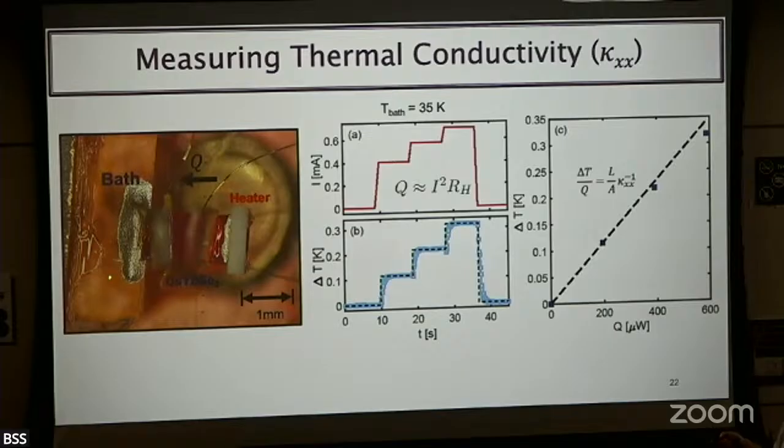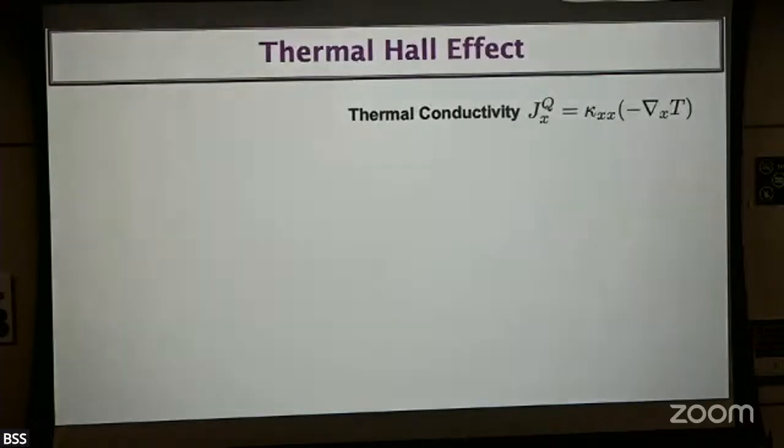Yes. The bath is much larger than the sample. It's a kind of canonical assumption, right? You have just a little bit of heat coming in. Your heat bath is much larger, much bigger, highly conducting, very high precision copper, so you can actually take everything. Okay, so this is how we measure.